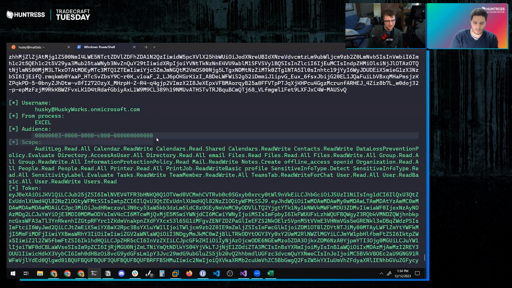So, audience, let's talk a little bit about what this authentication schema presents. When you have a JWT, you are going to have a couple different parts of it, and they're not all made equal. There's going to be a user that this JWT is assigned to. This is their access, saying this is the person that wants to access this resource. There is an audience, which is the resource that they're trying to access. And then there is the scope as well. If these three things line up, the user, the audience and the scope, you have exploitable conditions to steal information or possibly even leverage into initial access.